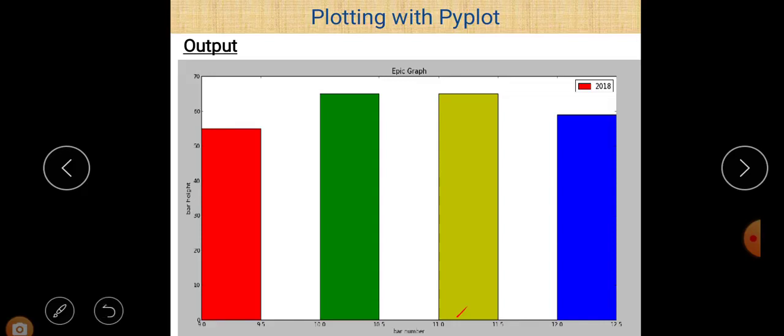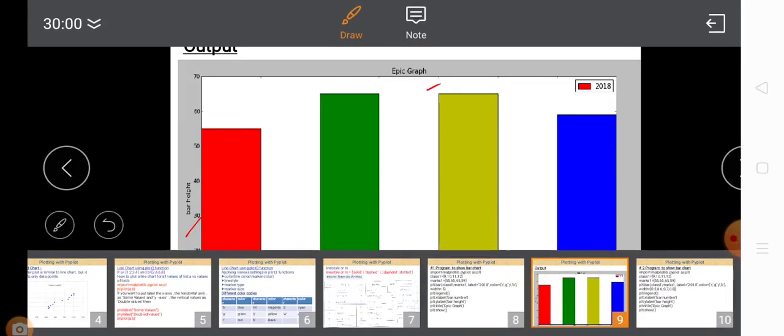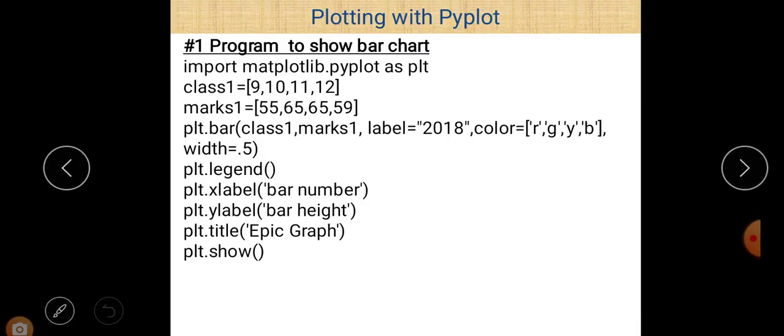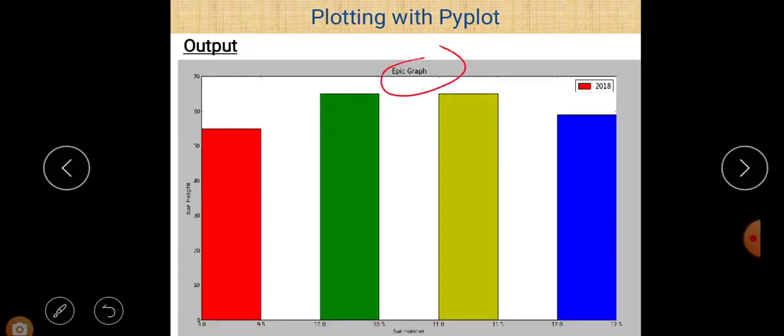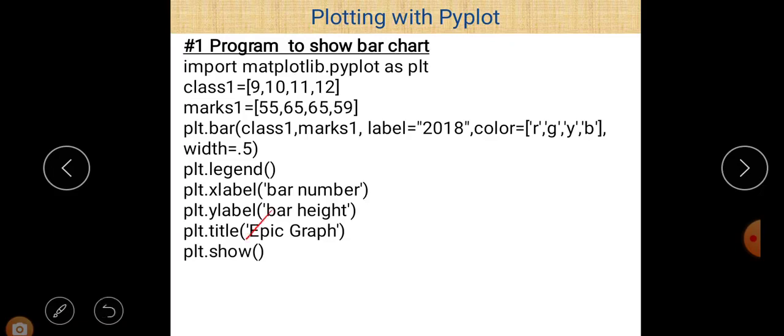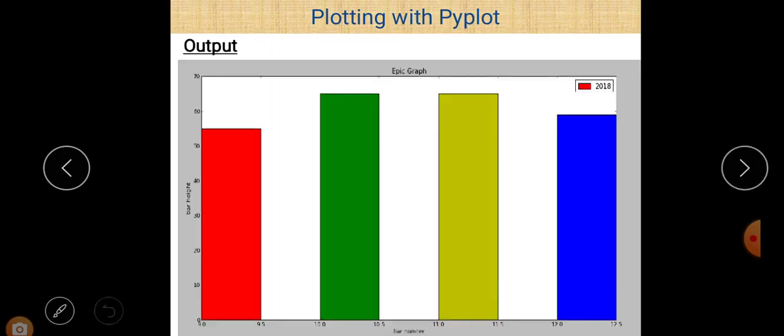And here x title, y title, that is the xlabel, ylabel, and title. So the title is this, then this is the xlabel, and this is the ylabel. The name of the x-axis is given by xlabel, the name of the y-axis is given by ylabel, and the name of the title of the bar chart is given by the title function. Then at last, show. Without show you are not able to show this graph on your screen, so just write plt.show,